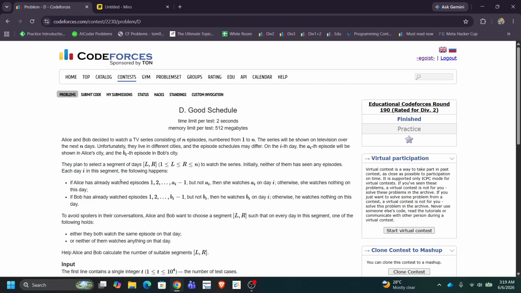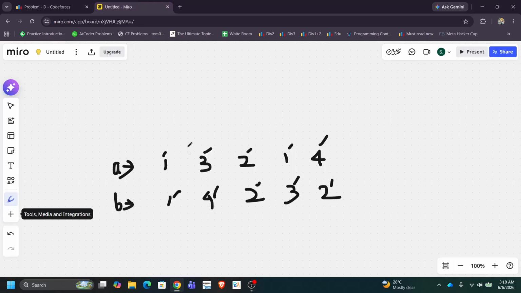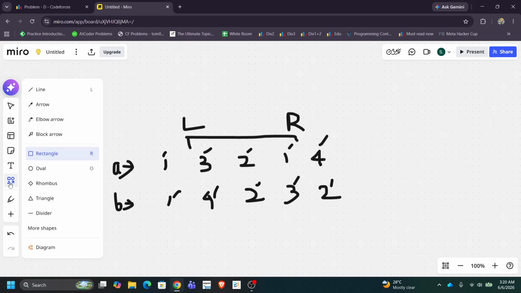Now, they plan to select a segment of days to watch the series. Initially, neither of them has seen any episodes. So in each day in the segment they choose, the following happens. Basically, Alice and Bob will choose some segment, L to R, and on each day, what will happen is